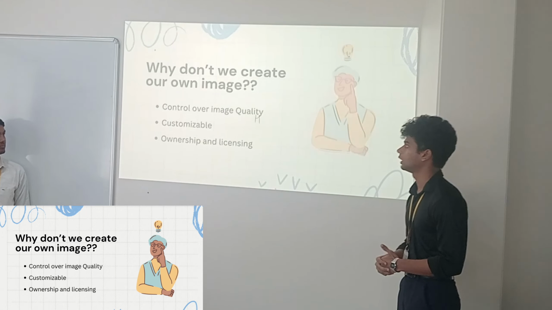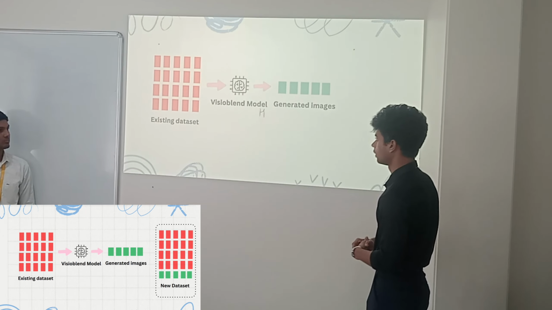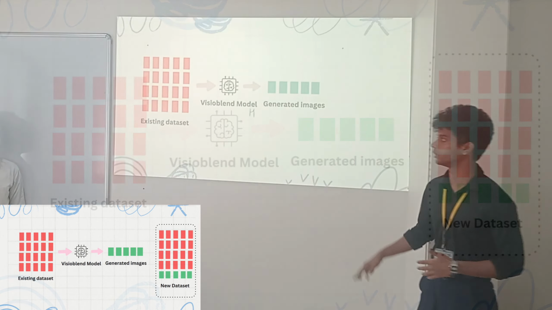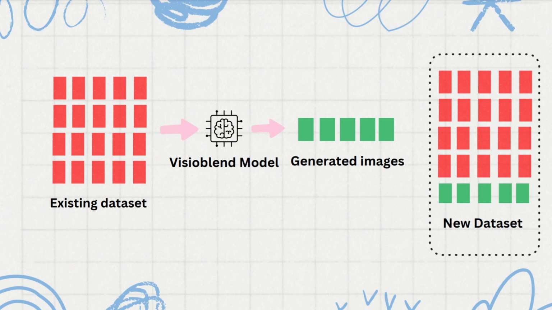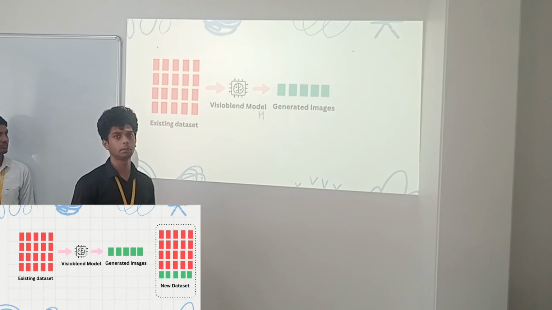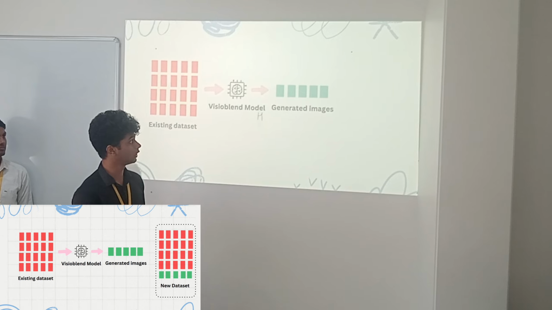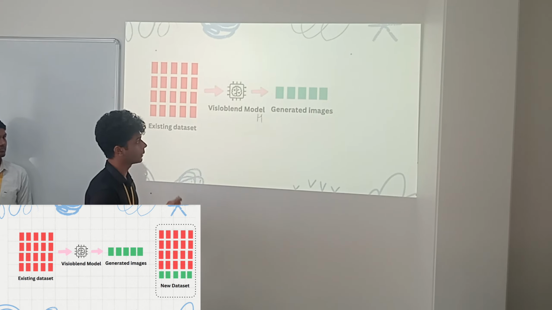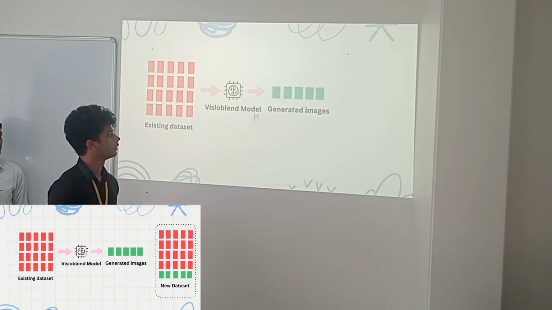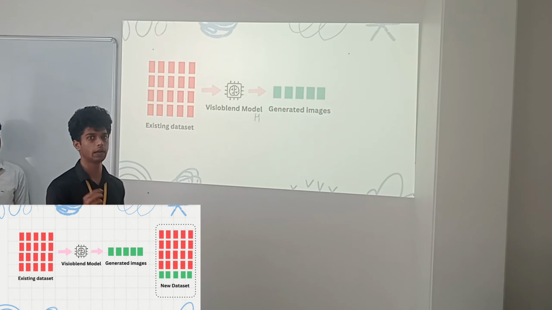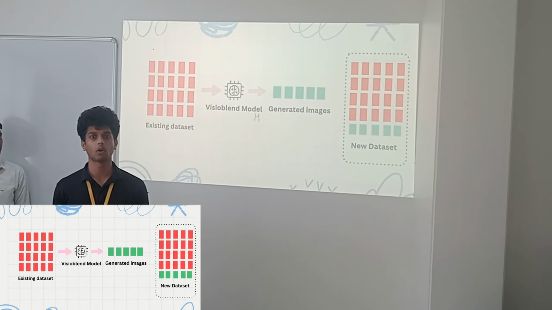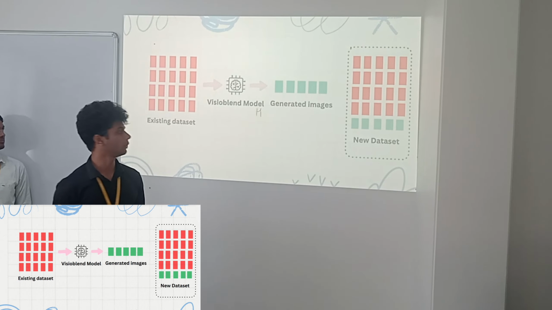And here's where our model VisualBlend comes into the picture. So first of all, I would like to demonstrate how our model is going to help in that particular situation. Here we are going to feed the existing data set of images to our VisualBlend model, and through the magic of deep learning, our model is going to extract intricate features and patterns from the existing data set, and it's going to generate a new high quality realistic image that resembles the original image to an extreme level. So with this we have abundant resources of data at our fingertips.